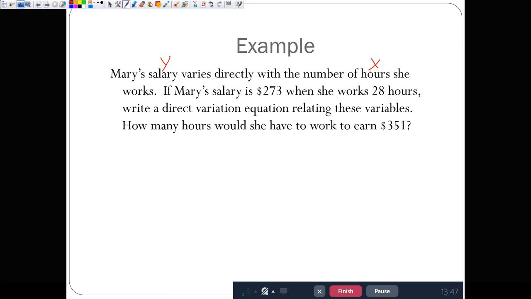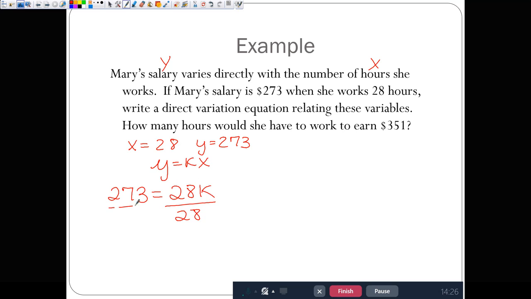So if Mary's salary is 273 when she works 28 hours, write a direct variation equation relating these variables. So my x is going to be 28 and my y is going to be 273. Okay? So we're going to have to write a direct variation equation. Y equals kx. So I'm going to substitute values in for y and x. So 273 equals 28k. We're going to solve for k. So I'm going to divide by 28. So k is going to equal